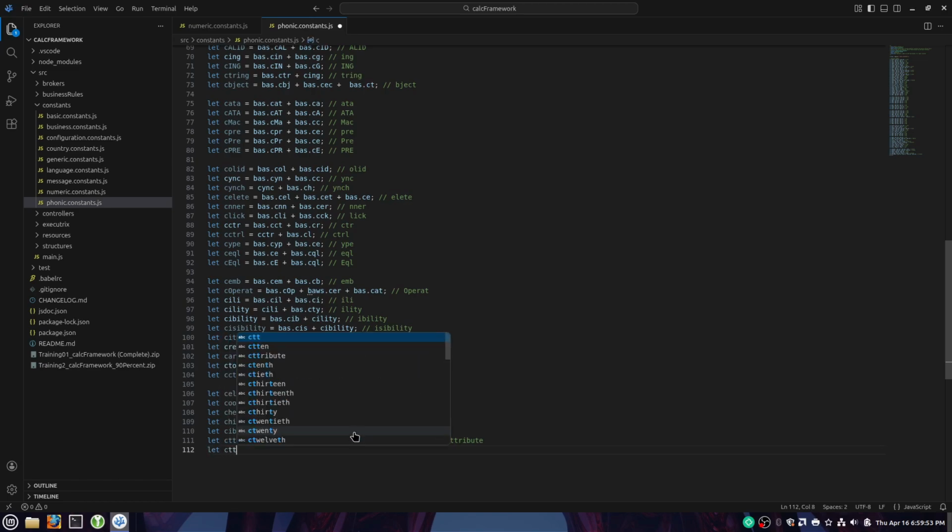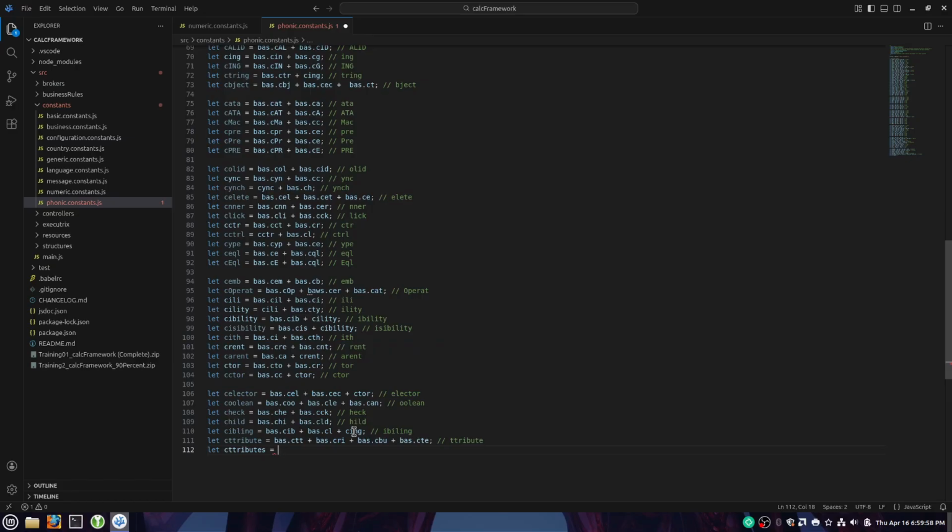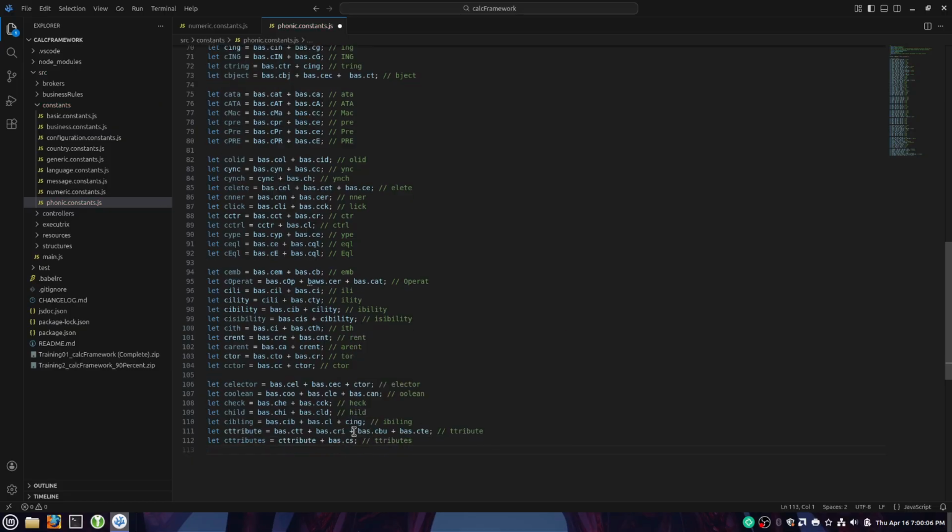Let's see, TTRIBUTES, as in attributes, is TTRIBUTE plus BAS.CS, tributes. Let's see, is abled equals BAS.CIS plus CABLE plus BAS.CD,